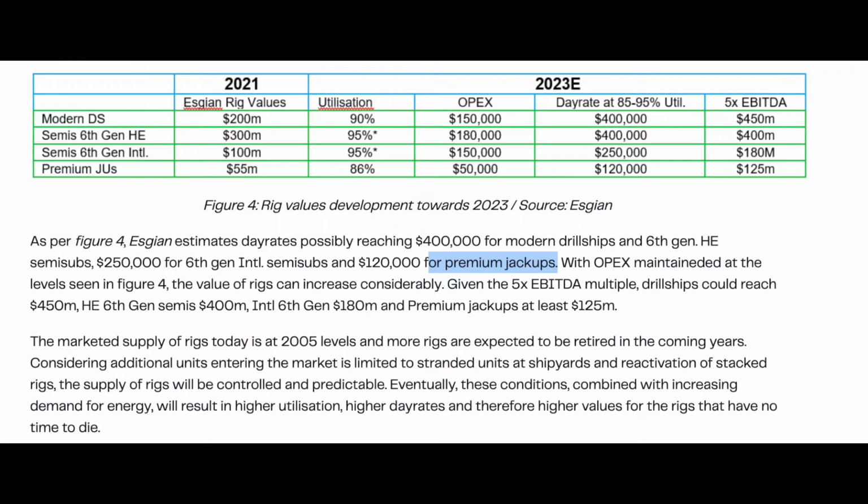It is further illustrated in this slide where we see the modern drillships are going for an estimated value of around 200 million. And interestingly, in the 2023 valuation, where we expect day rates, which we have already seen, to hit that 400k level, and utilization to creep up to 85 to 95%, those drillships are predicted to be valued at 450 million. Now we're not even going to go out to that valuation. We're going to stick with the current valuation of 200 million for a modern drillship, and we're going to check how many drillships Diamond has and what the current market cap is,